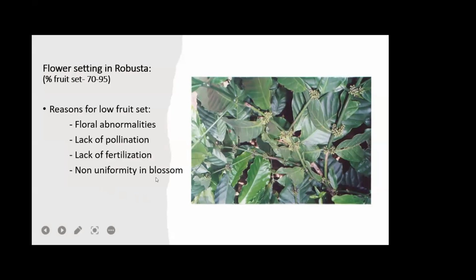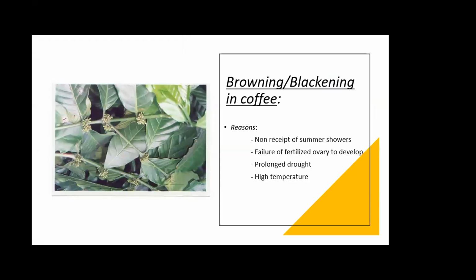So another thing is the non-uniformity in blossoms, which will also be a main reason for lower fruit set in case of robusta crop. So later onwards, after setting of the flowers, the buds will be under pinhead stage. During this time, whenever plants experience stress, you will find this browning and blackening on the berries. Browning and blackening. Later on, these will drop off